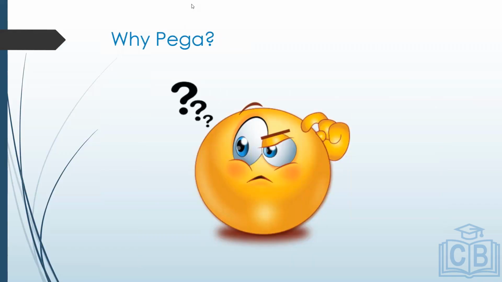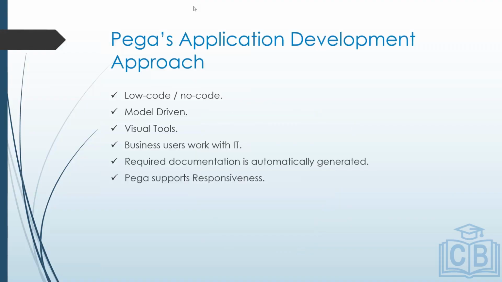When you have a question like, why not other tools? Let us see. It's a unified platform. These are the key differentiating factors. Obviously, the first one is low code, no code. I've seen people without any technical background able to master PEGA. They have become CSAs and all, because of the ease of use of the platform, hardly any code or low code.